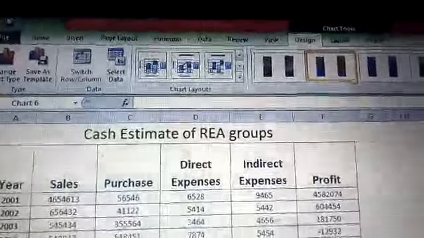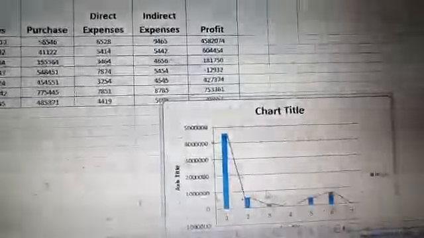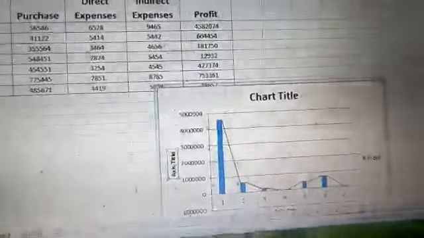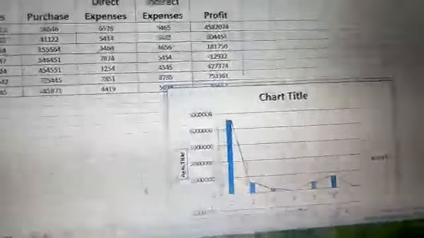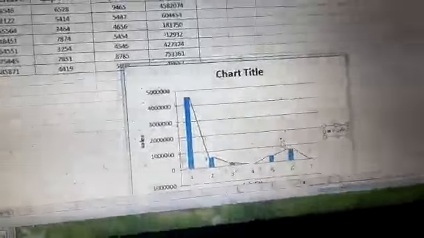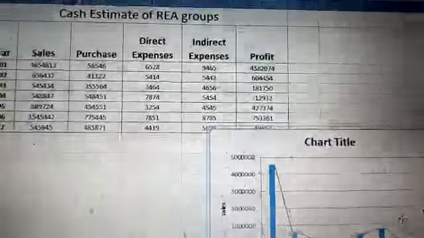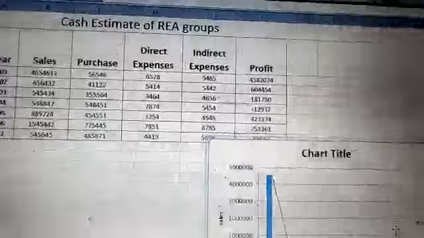I have given the axis title; you can put it as sales here and profit there. Like this we can present a chart for the cash estimation of REA Groups.